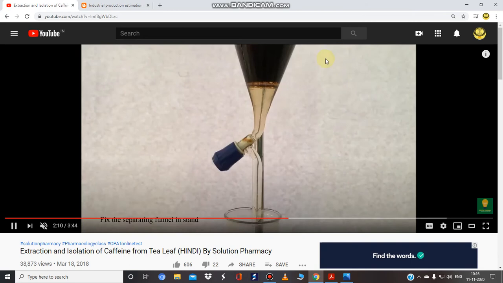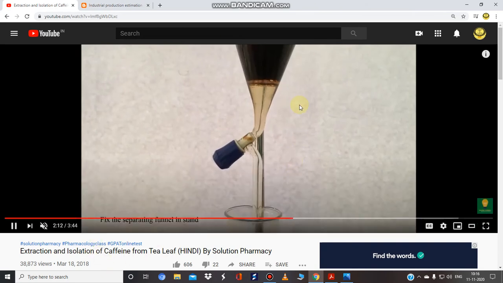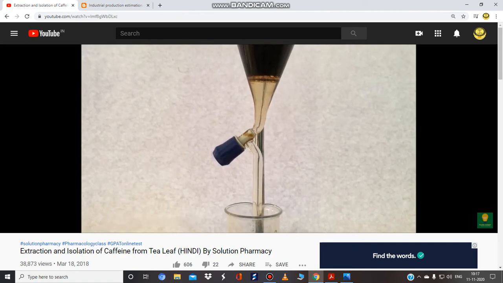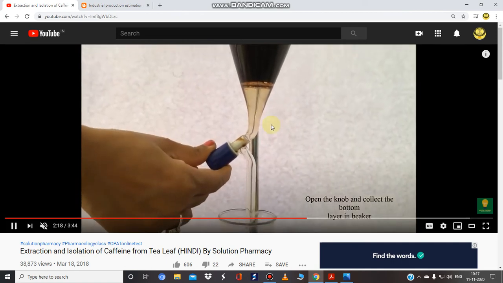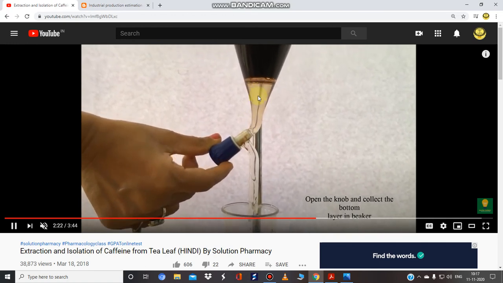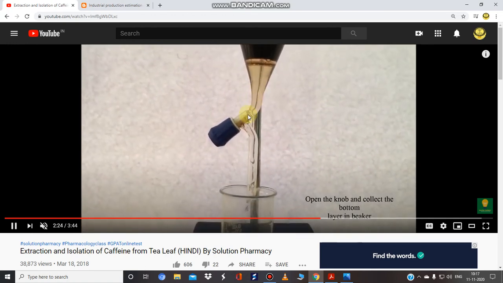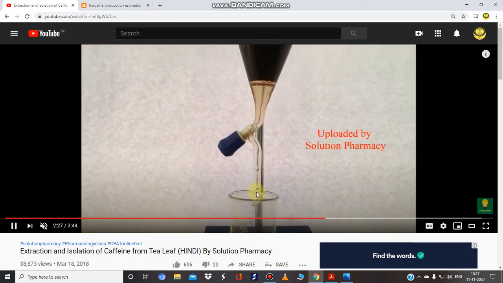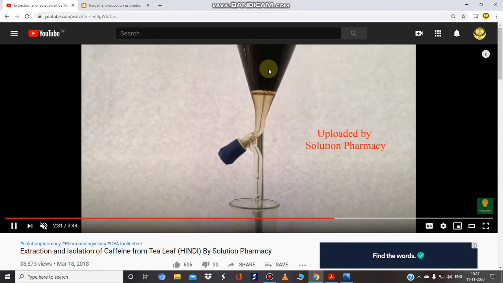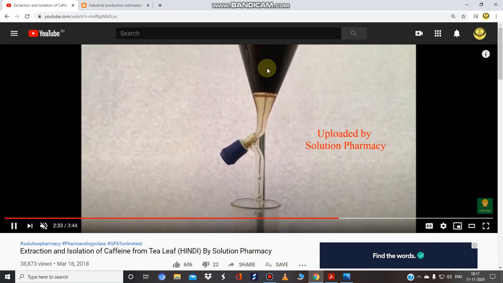Then put it aside for at least 10 to 12 minutes for proper separation, and collect the organic, dichloromethane layer. This layer has the dissolved caffeine, extracted or isolated from the mixture.